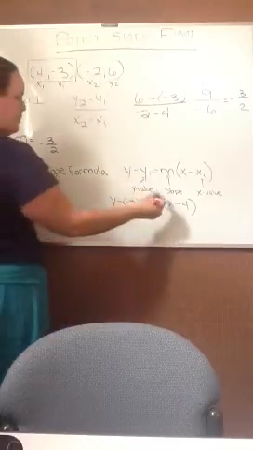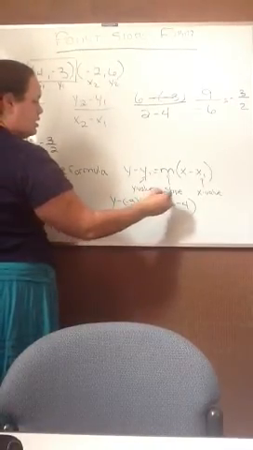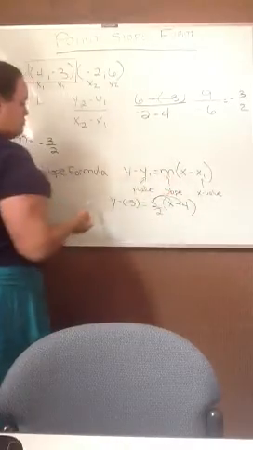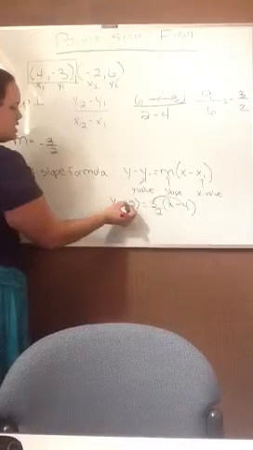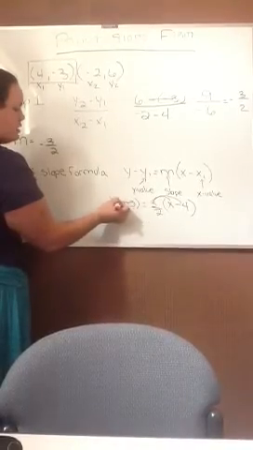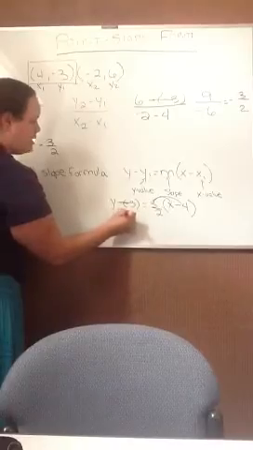Next step is to go ahead and distribute, and this double negative changes to a positive 3. So you now have y plus 3